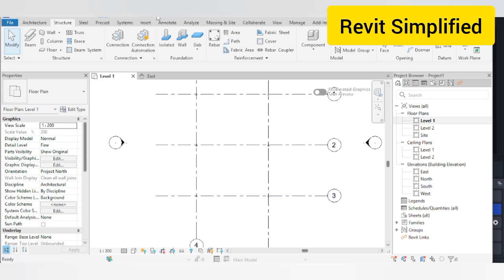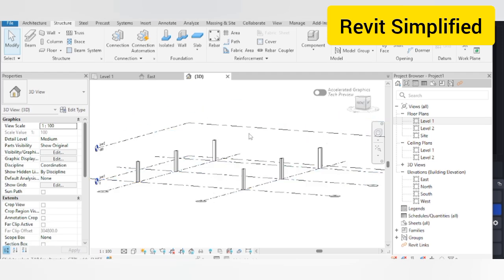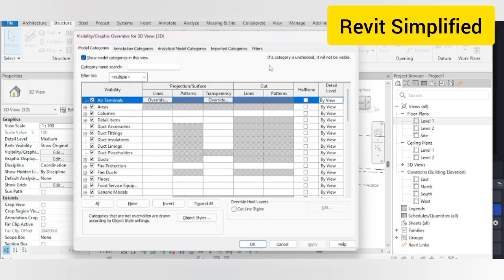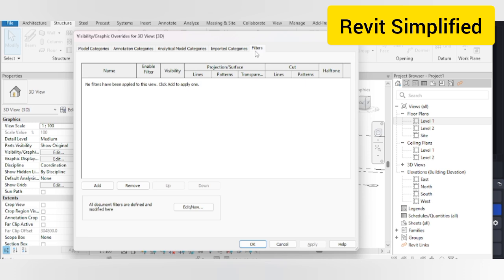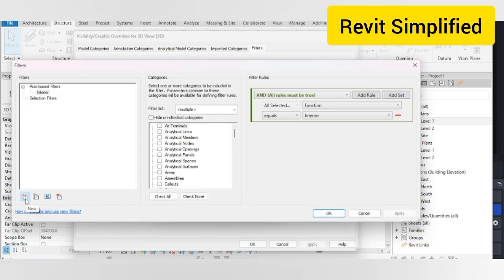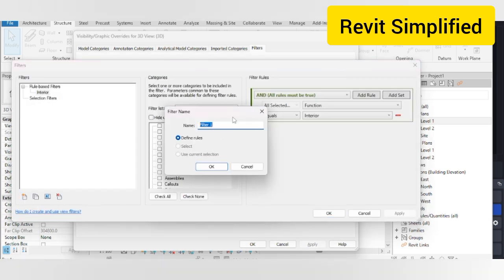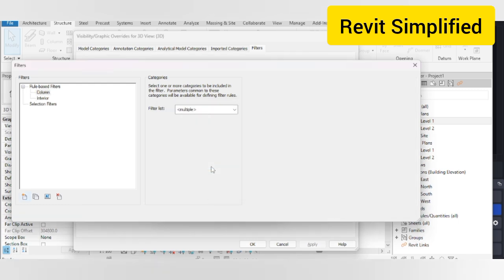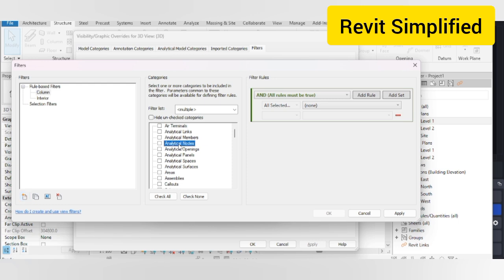So firstly, here is the 3D view. Now we can go to visibility graphics and filters, and here is the option add and edit new. Then we can make a filter, we can name it, like if we are making column we can name it column, any name we can give to this. Okay, now we select the category, like column comes under the structure column category, so we select structure